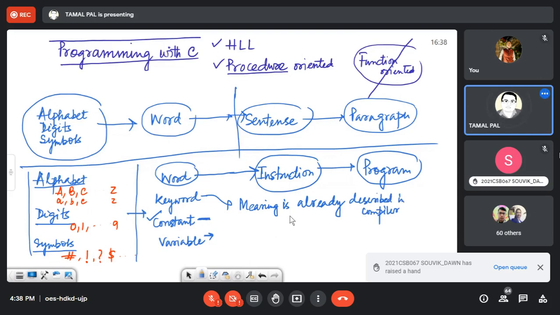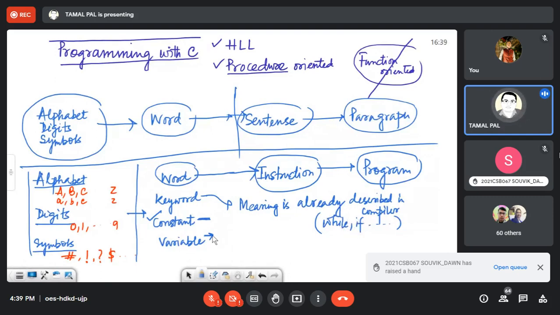That means there are some words in C programming whose meaning is already described in the compiler. Example, while, if, etc. That means there are some words which are already available, you cannot make any variable with these words.